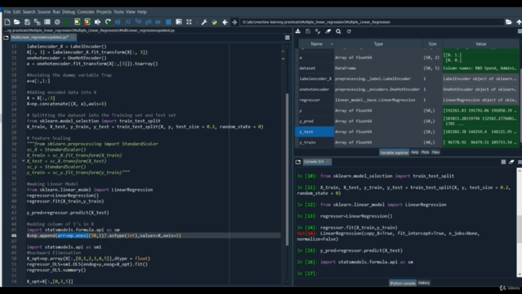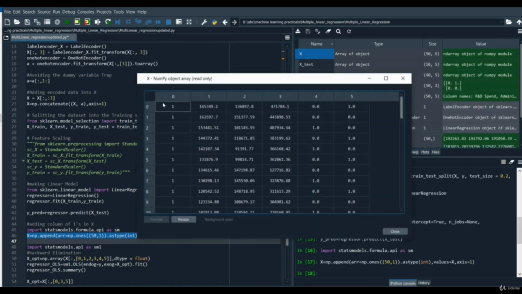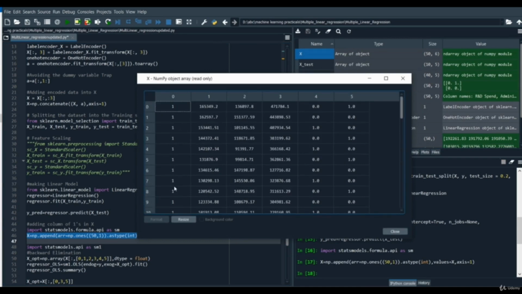Then we use .astype(int), so we convert the numpy array of ones to integer values, and then we pass values equal to X, which is our second array, our independent variable. We are appending both arrays together on axis 1, that is column-wise. After executing this line of code, you can see that in our independent variable X there is now a column of ones of around 50 rows, from index 0 to 49.